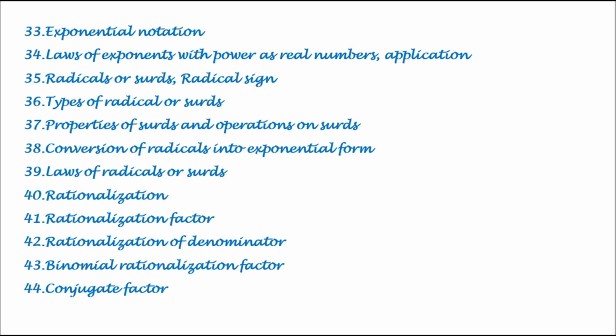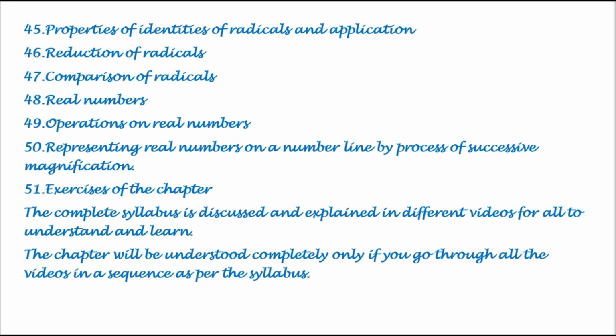Exponential notation, laws of exponents, radicals or surds, radical sign, types of radicals or surds, properties of surds, operations on surds, conversion of radicals into exponential form, laws of radicals, and rationalization, rationalizing factor, rationalization of denominator, binomial rationalization factor, conjugate factor, then properties of identities of radicals and application, reduction of radicals, comparison of radicals, real numbers, operations on real numbers, representing real numbers on a number line by a process called successive magnification, exercises of the chapter,